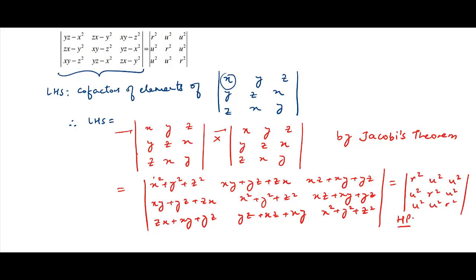So again, a simple question, a direct question. Once the key idea of Jacobi's theorem occurs to you, and also if you know that this determinant on the left side is obtained by using the cofactors of the standard symmetric determinant, using these two notions of the standard determinant and Jacobi's theorem, you can easily solve this question.